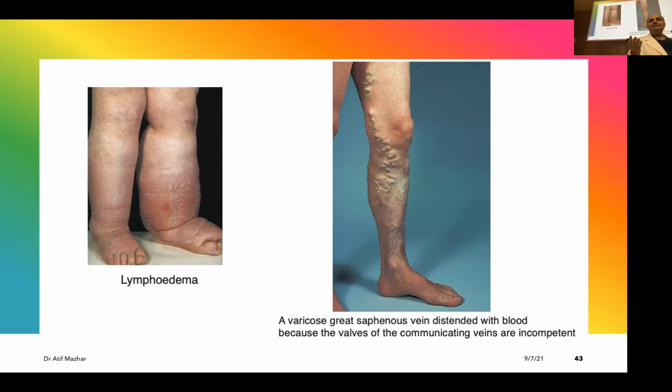If you are standing a lot, there is a chance. It's not like everybody who's standing will have varicose veins. Mostly it has been seen in those people who have prolonged standing. The reason is that with prolonged standing, all the time these valves are under stress. You're using something more, so there are more chances of destruction. If you're driving your car maybe 10 miles in a month, will there be a problem? If you're driving 100 miles in half a day, then there will be more wear and tear in your car.